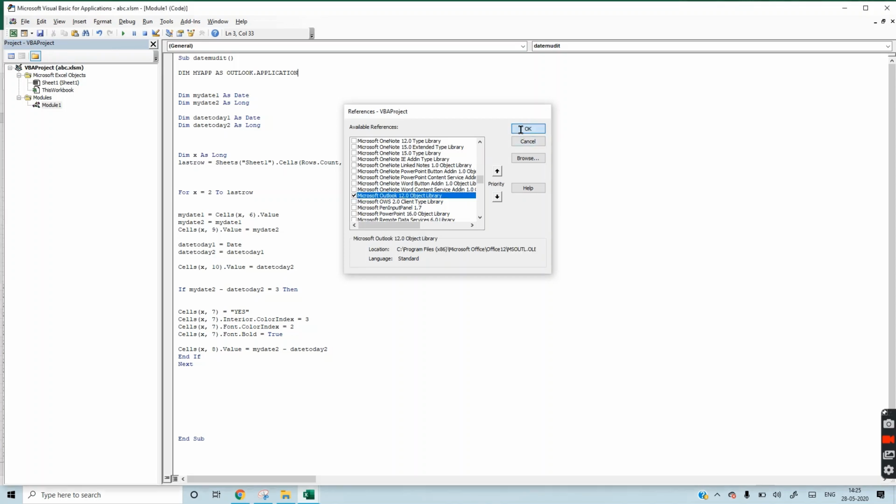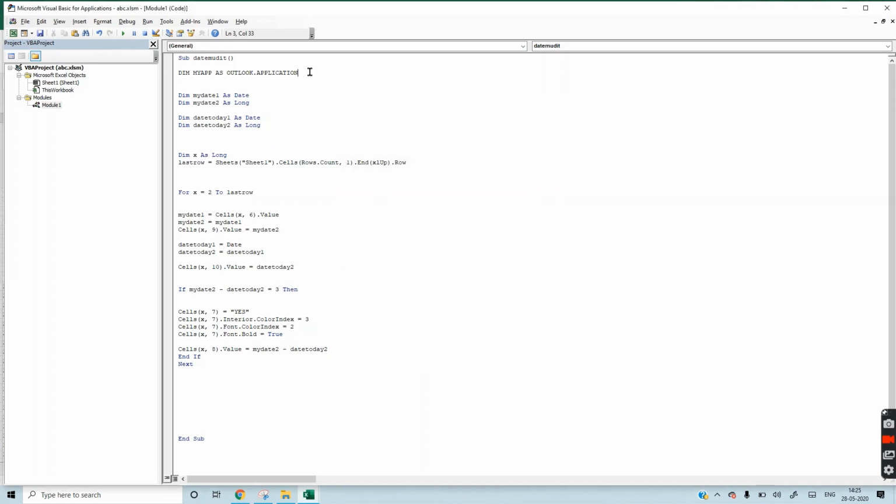You have to click this and then click OK. Now as you can see, earlier when we wrote Outlook, this option was not coming. Now we can see this Outlook option. Now MailItem is also coming.